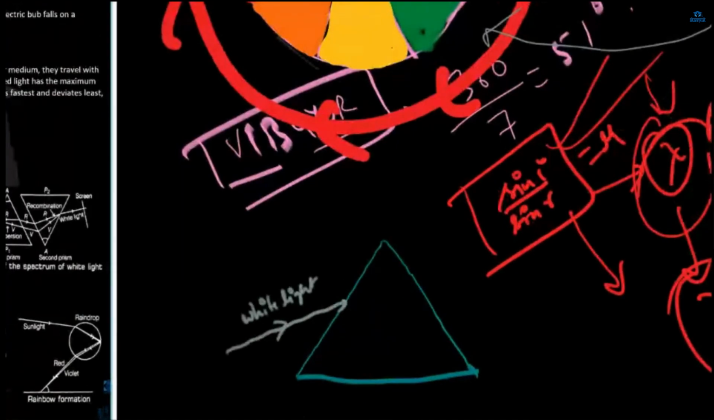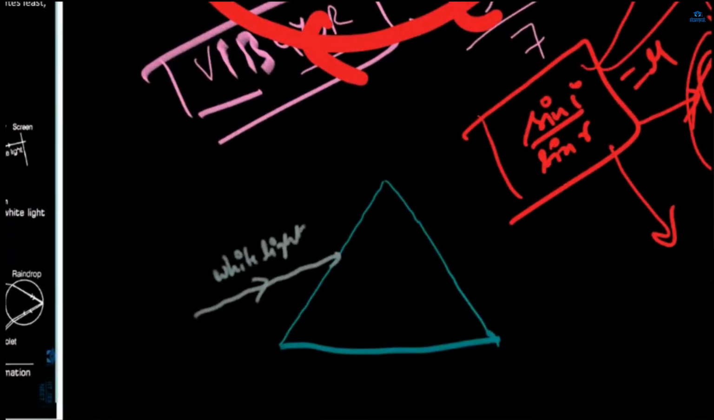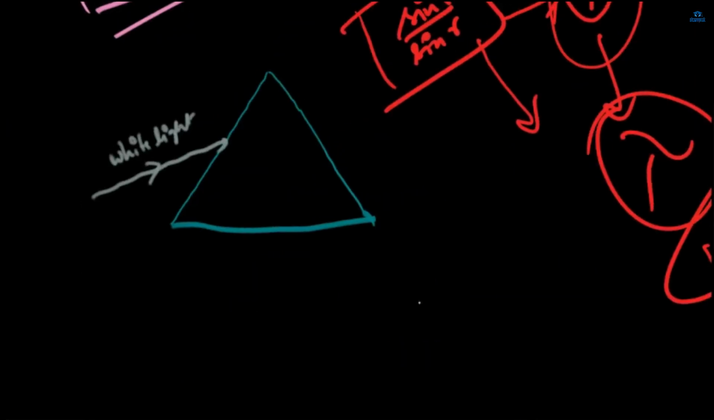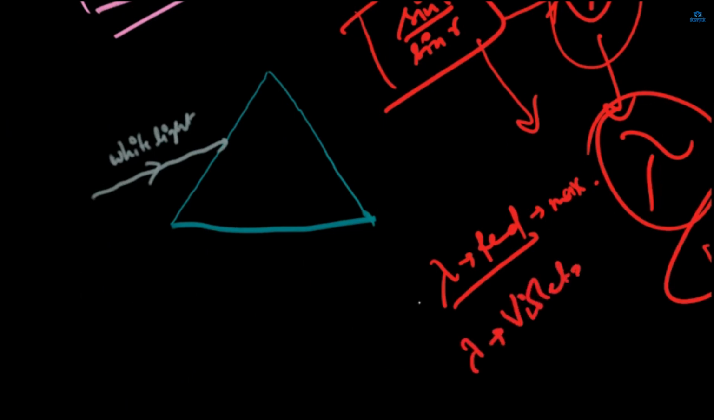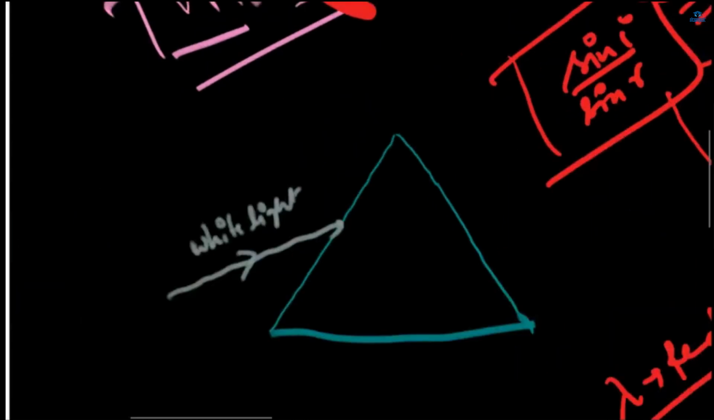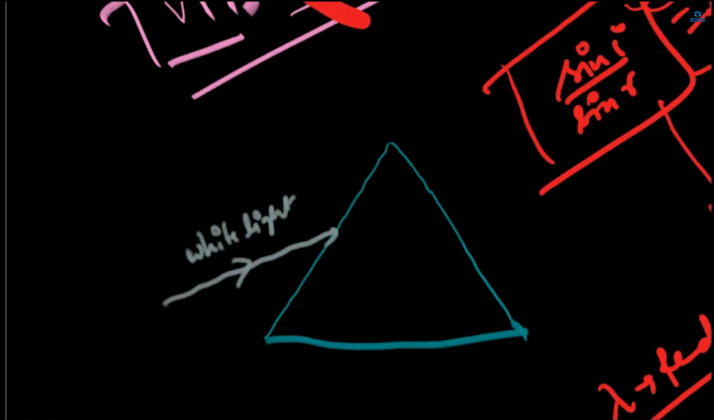Okay fine. So when this white light gets dispersed inside the glass prism, how does it get dispersed? See, the wavelength of red light is the maximum and the wavelength of violet light is the minimum. So the violet light, which has minimum wavelength, gets diverted the most. So let's draw first